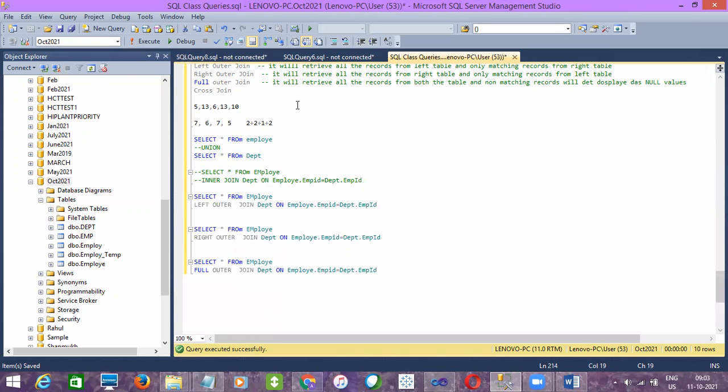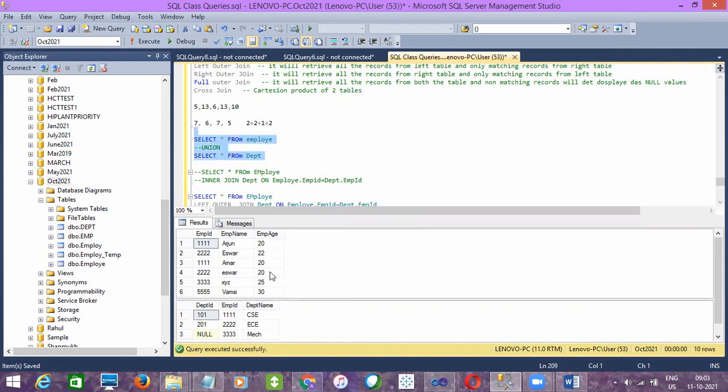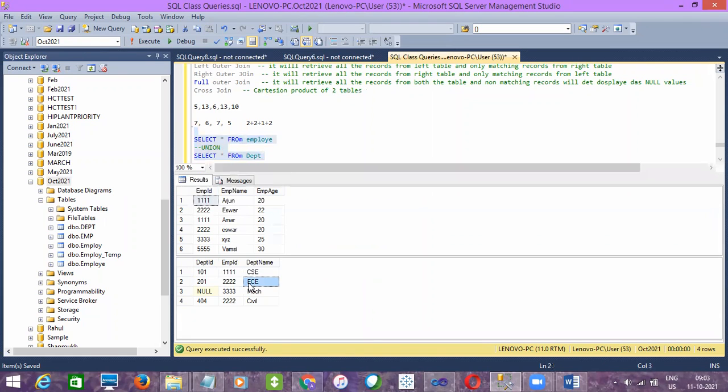And then the cross join is nothing but matrix multiplication, the Cartesian product of two tables. Does anyone remember what a Cartesian product or matrix multiplication is? It is the number of rows in the first table multiplied by the number of rows in the second table. So how many rows will be retrieved as output now, guys?